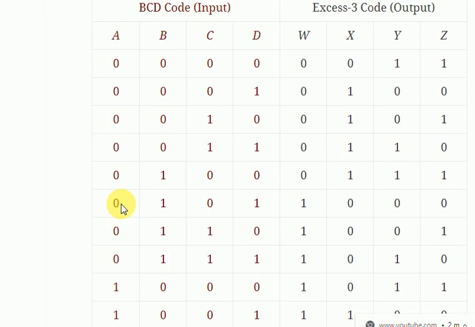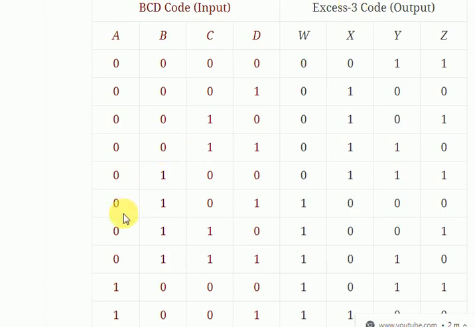Next we have decimal 5, which is 0, 1, 0, 1. When we add 3 to 5, we get the answer 8. That 8 is equivalent to 1000 in binary, and when we add 3 in this way, we say this is the excess 3 code.